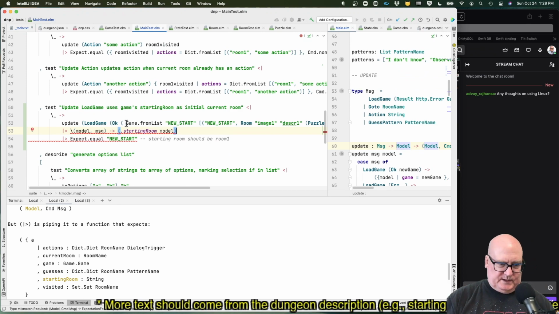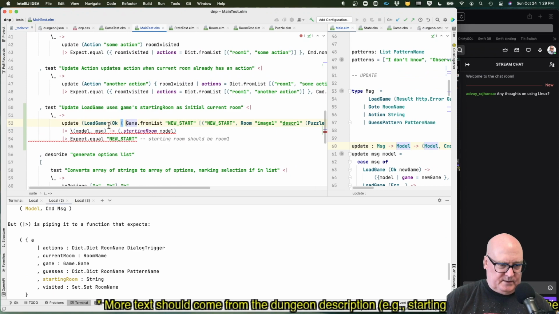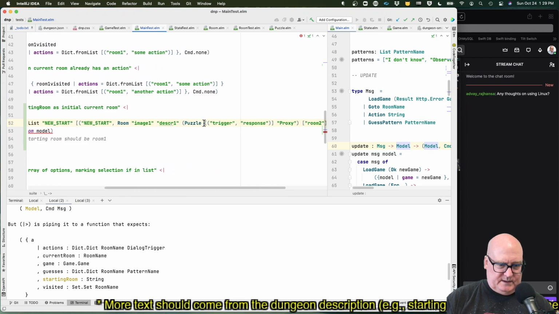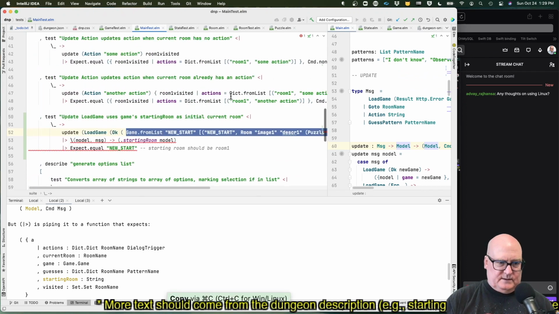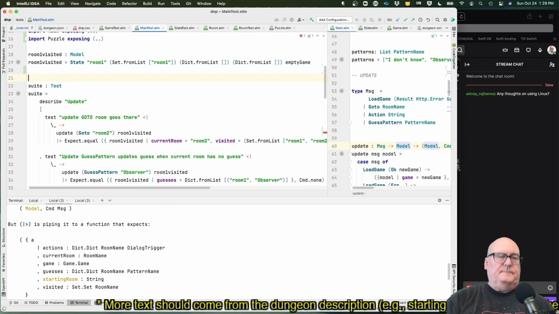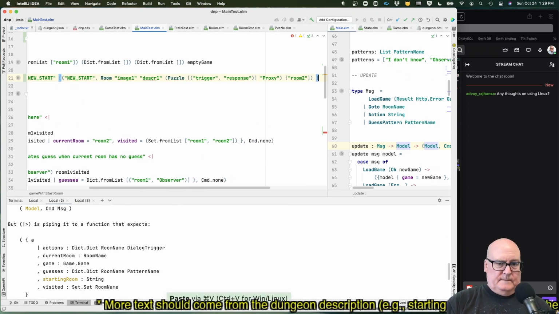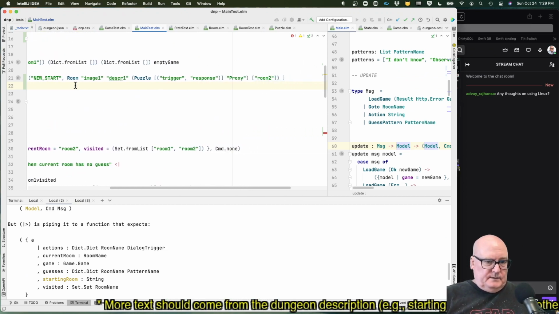let's pull this game out. Okay, so there's 1, 2, 3 parentheses there and there. Let's take this, and I'm going to make this a game with start room. All right.